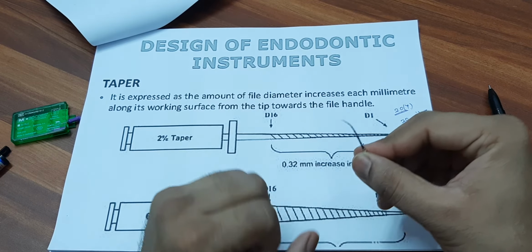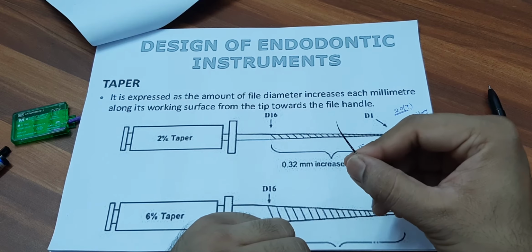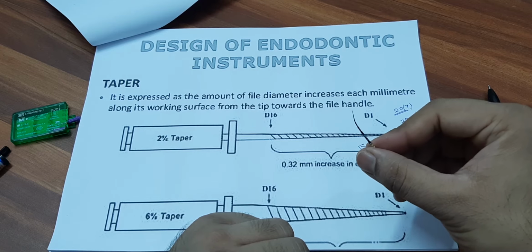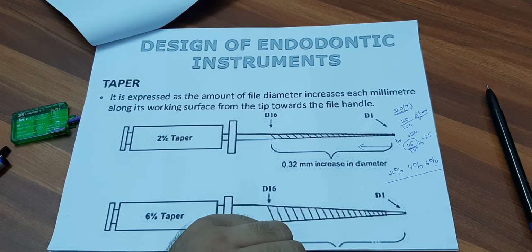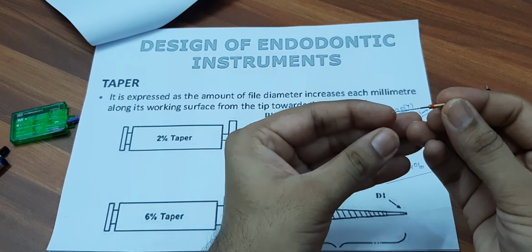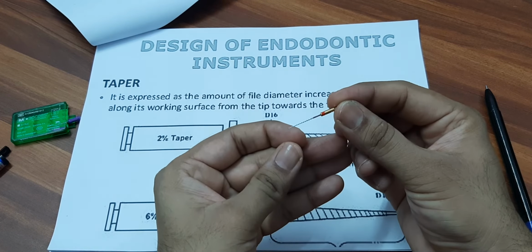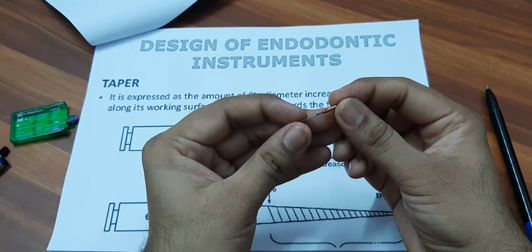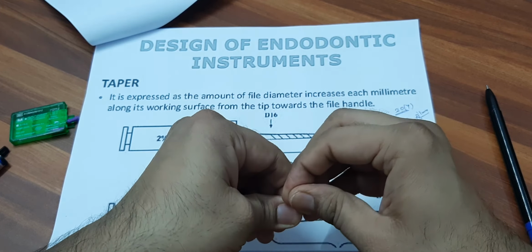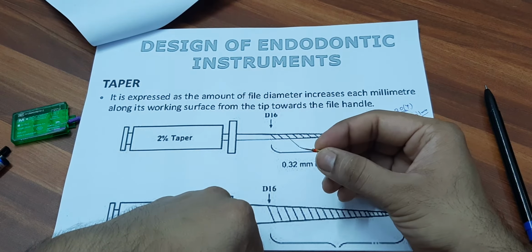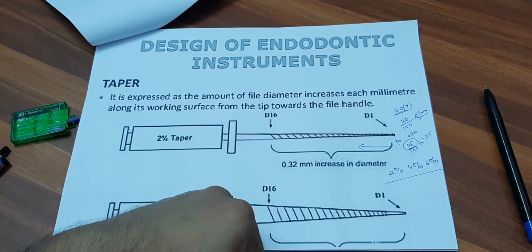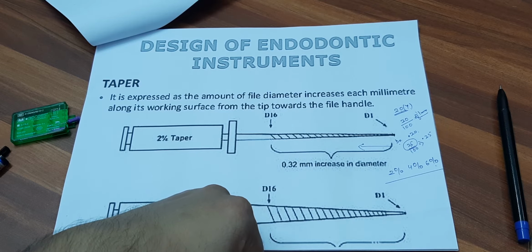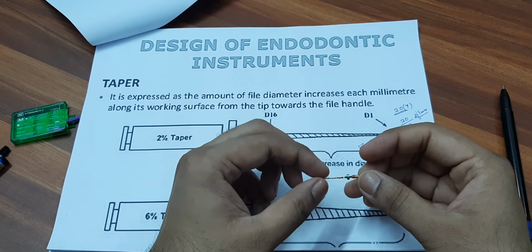You can see this now. You can keep it bent. This is all happening in the new age systems. You can see the rotary files are super flexible. I'll show you another file. This is another file from the V taper system. See the kind of flexibility this file has. So these different file systems have different resources of machining, and they have different flexibilities.